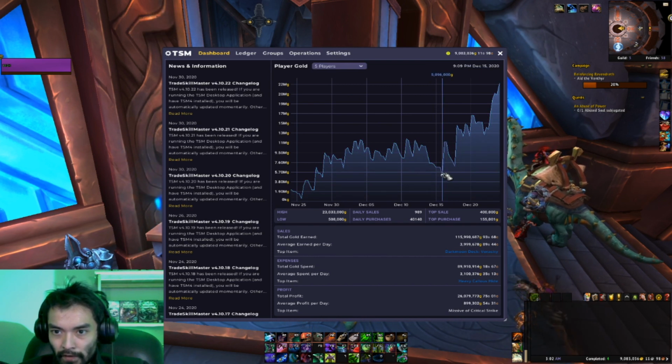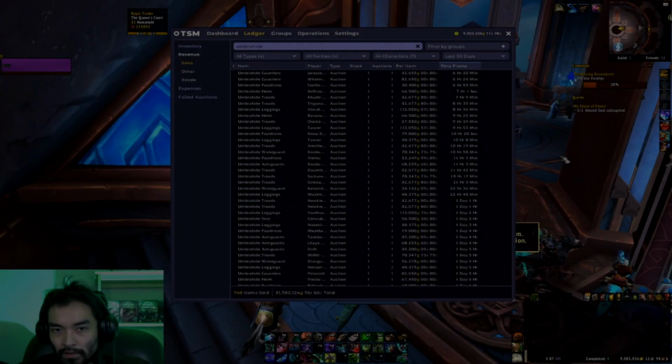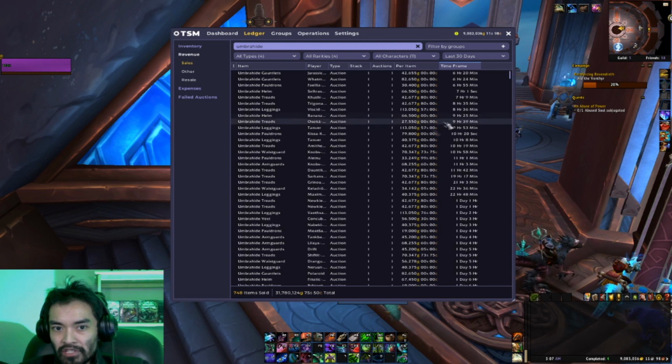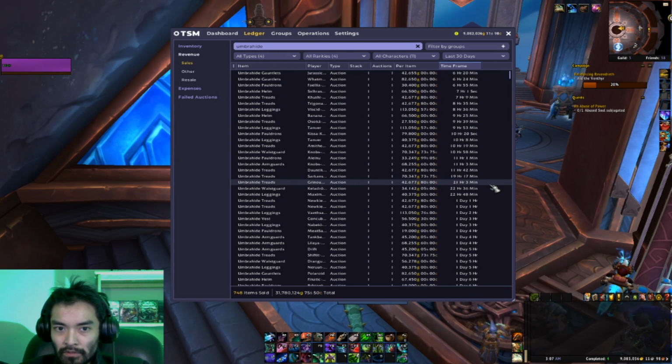Our low was 5 million on December 15th. And today on the 24th, we're sitting at a little bit over 23 million on this account. So we'll go ahead and talk about what got me that 18 million gold in the past 10 days. After Darkmoon decks, this has been the next best market for me in the past month. These are just the leather legendary bases. We've sold 748 of those so far,